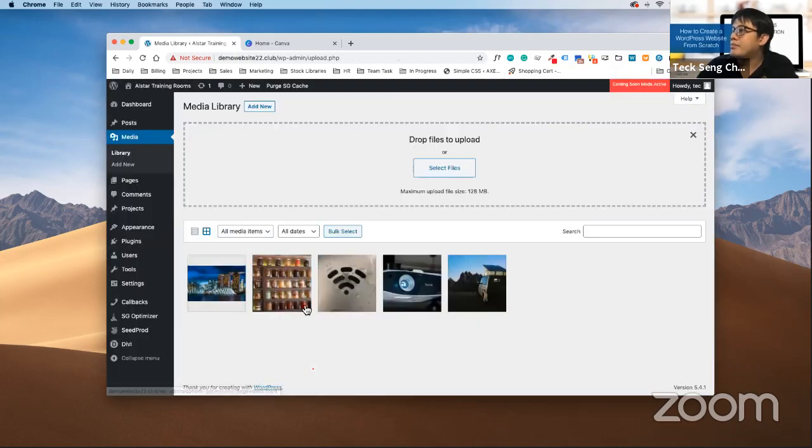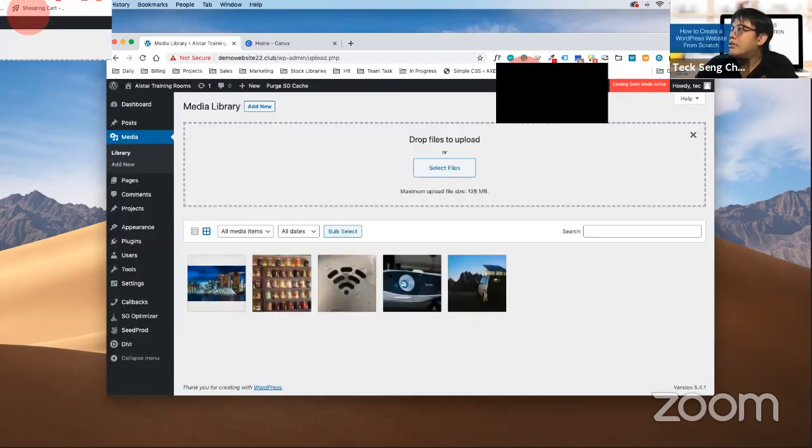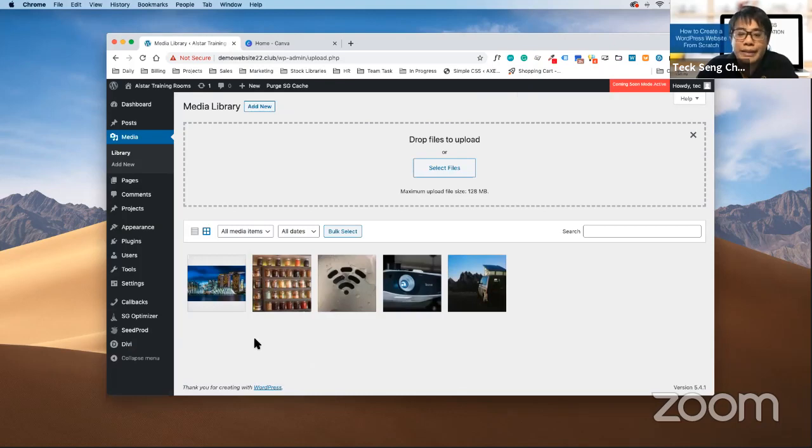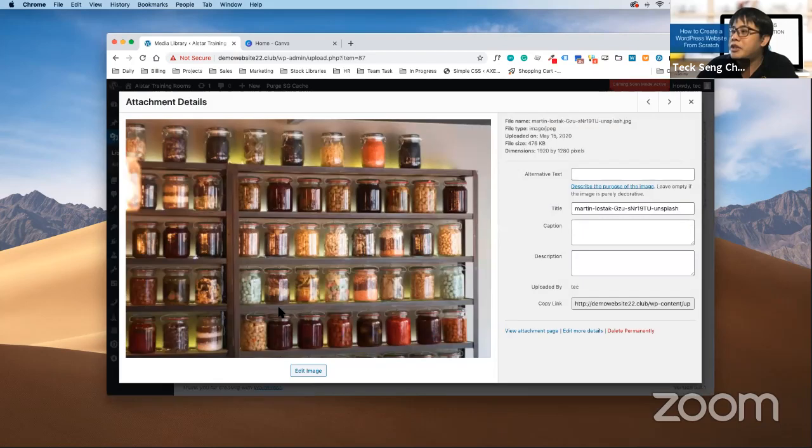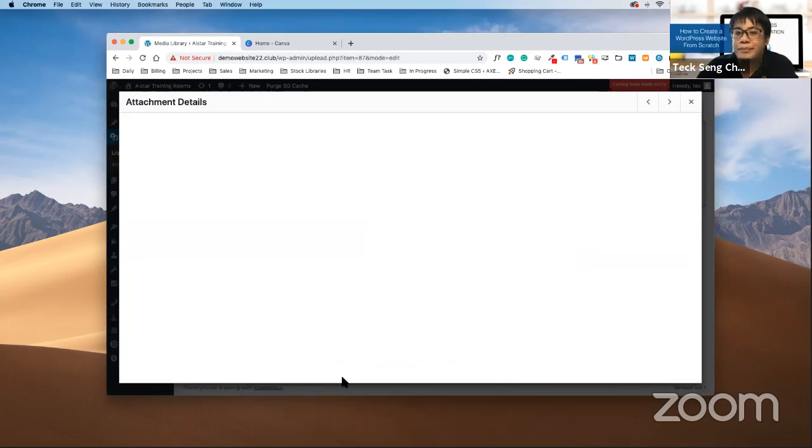Okay. Now just go back to your screen. Again, I'm going to repeat my steps slowly, then you can follow my steps. Later you can use it on your own. First thing first, select one image. Click on edit image.